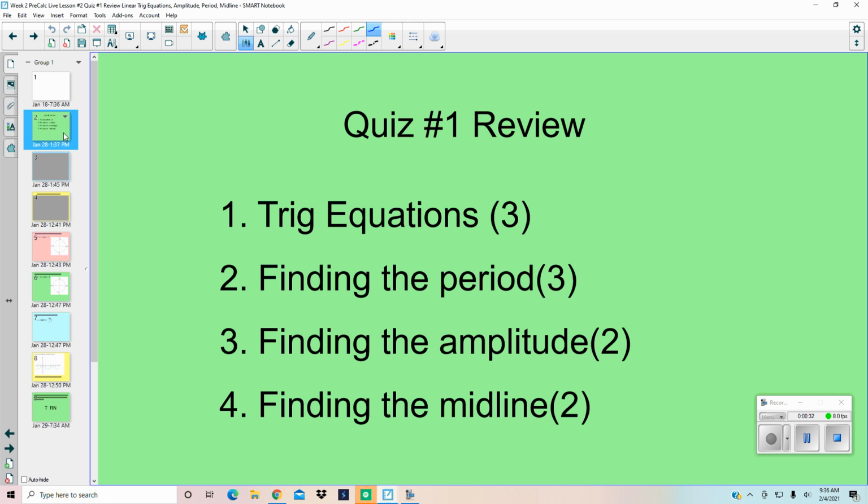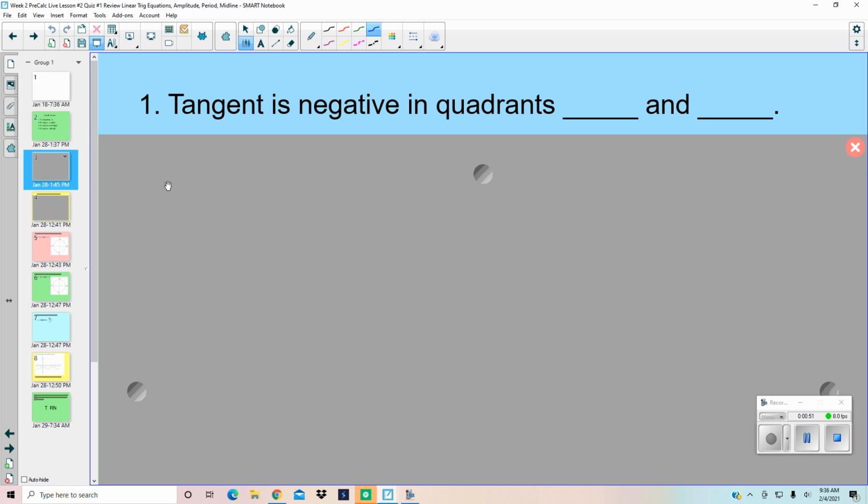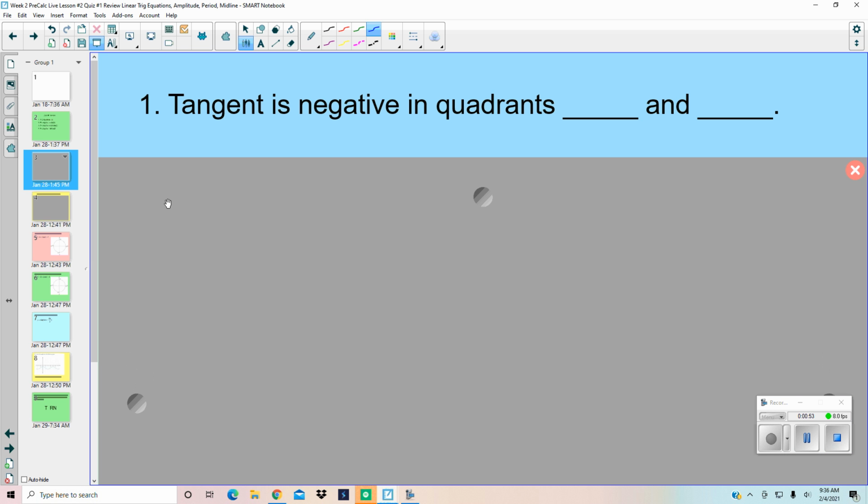When you're taking the quiz, make sure you write every problem down and show all of your work. For example, when you're finding the trig equations, I want you to draw the circle and draw in the 2 angles and then show how you found those. All right, so first off, just as a review,